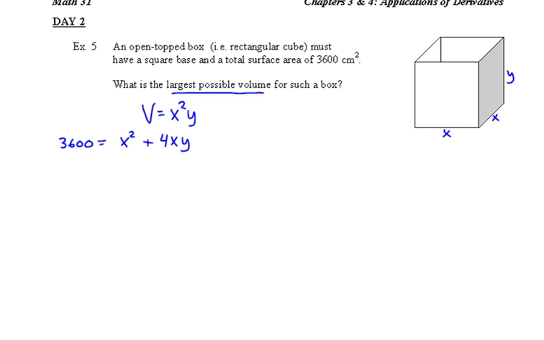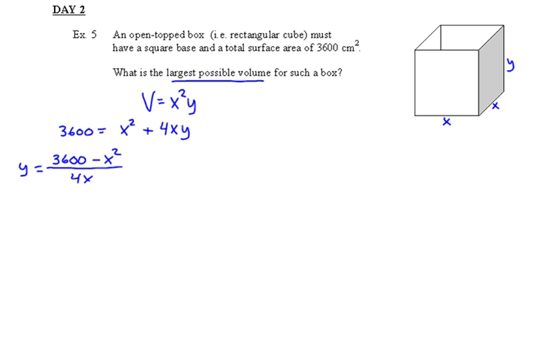Okay, so we can either solve for x or we can solve for y. Which is probably easier? Probably y, because we have two x's in here, right? Separated. So let's make it y equals. So subtract the x squared, divide by 4x. And that is our y. So now can we make our new volume? Yeah. So volume equals x squared times